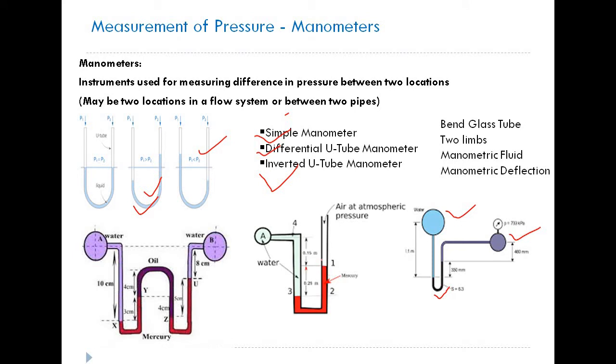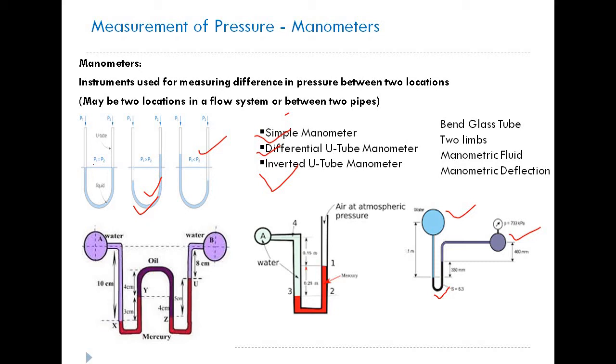used. Take another example. Water, the same fluid, two different pipes, pipe A and pipe B. It has got a manometric fluid, major manometric fluid as mercury, and also oil. Oil is having low specific gravity than water. Generally it is 0.8. You see this? Water is pushing down in the left limb. Okay. Then water in the pipe B is pushing down in the right limb. So you can see the difference in level of manometric fluid in the two different limbs.